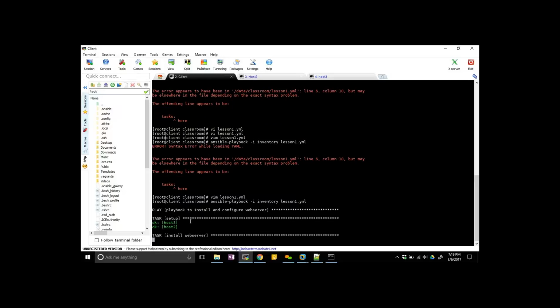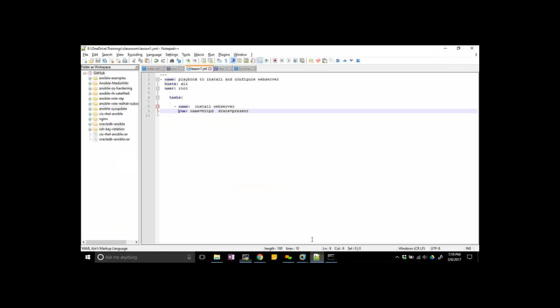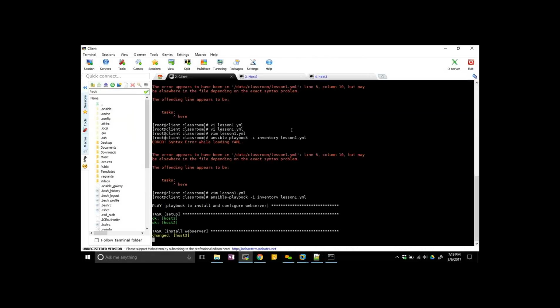Now you see here, this playbook is running on two hosts. I said all in the script. So what are all the machines in this inventory?